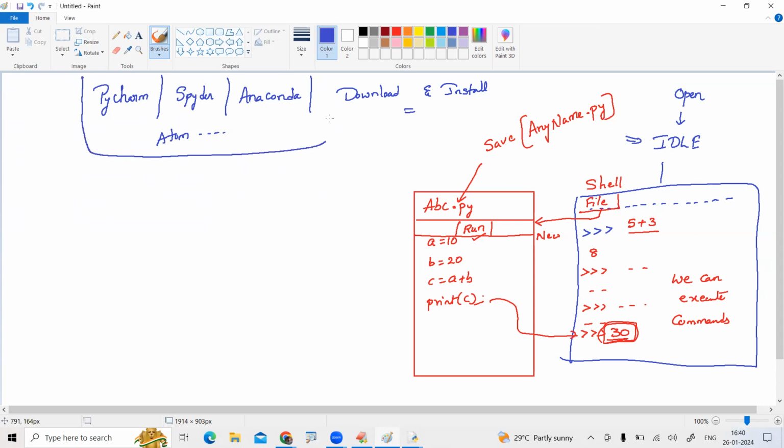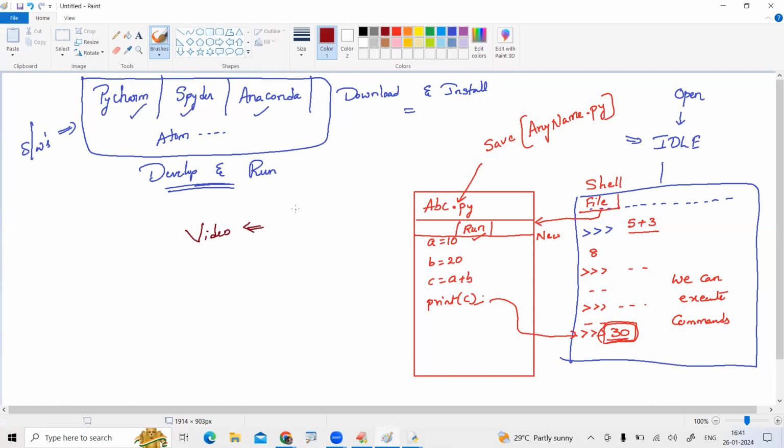All these are special applications, special softwares by which you can easily develop the Python code and run the Python code. Of course, we will also learn all these things, PyCharm, Spider, Anaconda, how to download everything. I'll tell you. You don't worry about that. But in case if anyone asks what is the importance of using PyCharm and all, consider we have one video